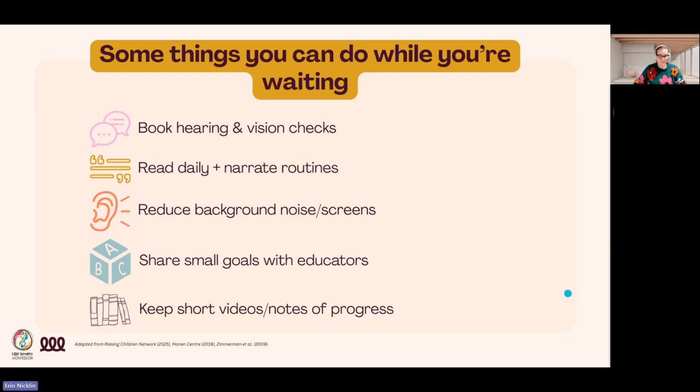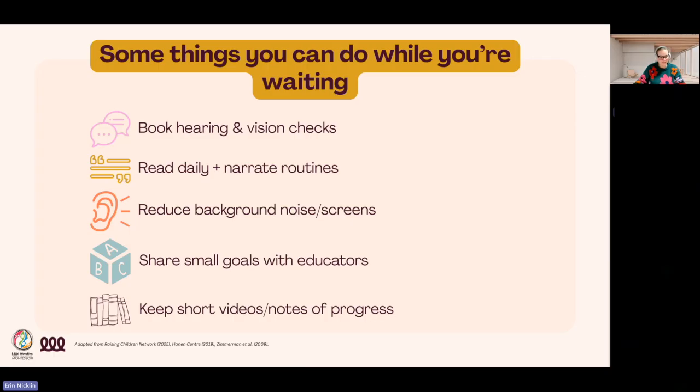Sharing your small goals with educators. So educators are allies. So share 1 or 2 of your small weekly goals with your child's teacher or kindy. Like, we're really wanting to practice these 3 new words. We were really interested in this on the weekend. Let's say we talked about bees this weekend. We read a book about bees, and now we're really working on practicing the word buzzing and honey and flying. If you can help us with learning those new words, or using the gestures, that would be really helpful. Educators are great. They're always happy to help with that.